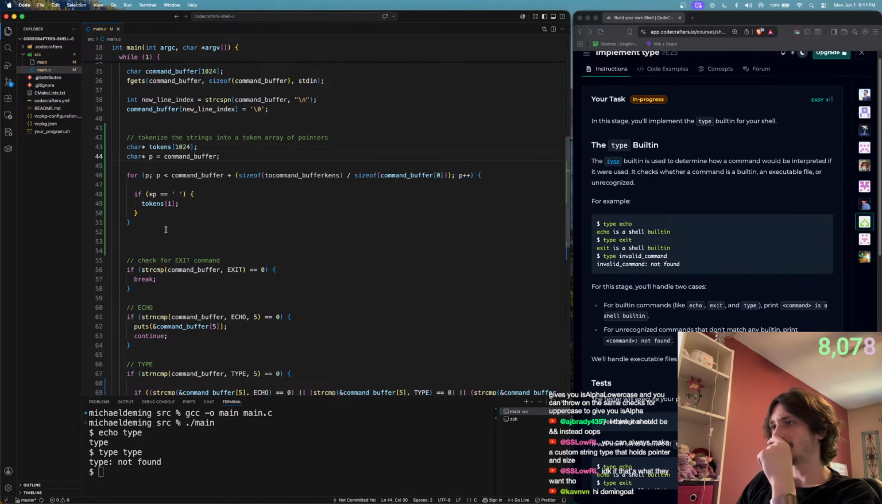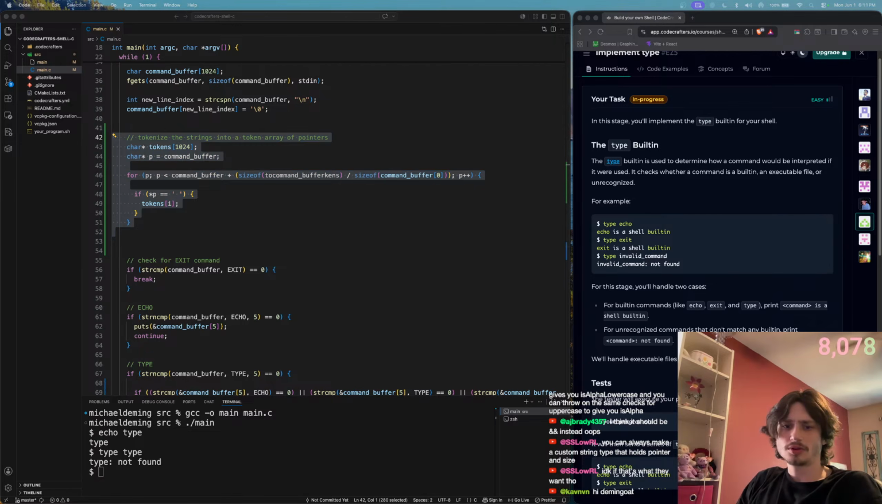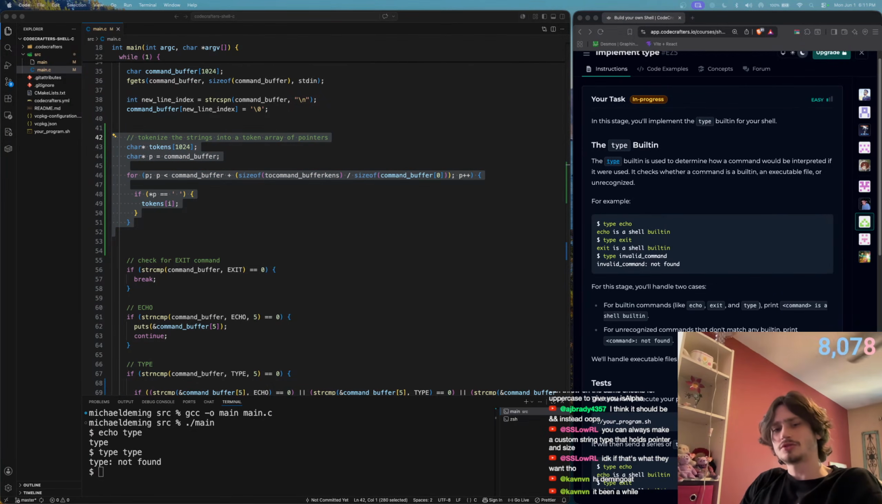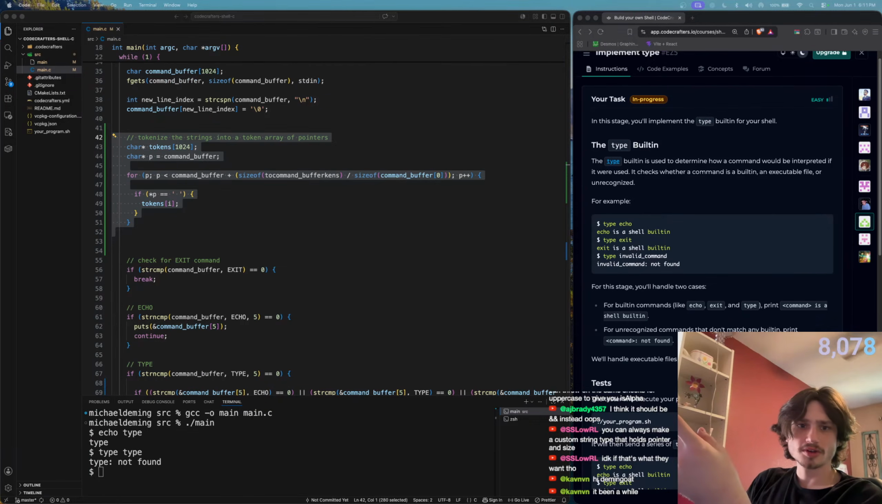I'm going to get a little bit of help here. Calling a little lifeline. Let's say no code. I'm trying to tokenize the command buffer. Find the start of the token. Save a pointer to the start of the token at here. Continue until you hit a delimiter. Replace the